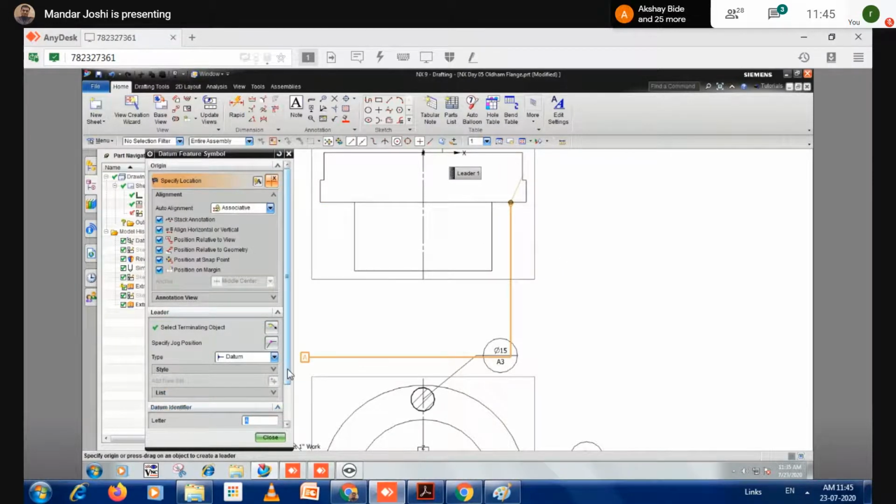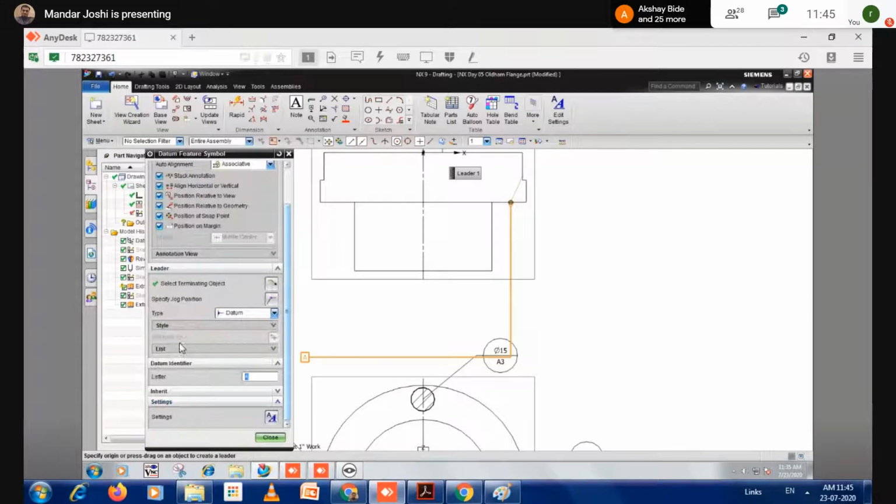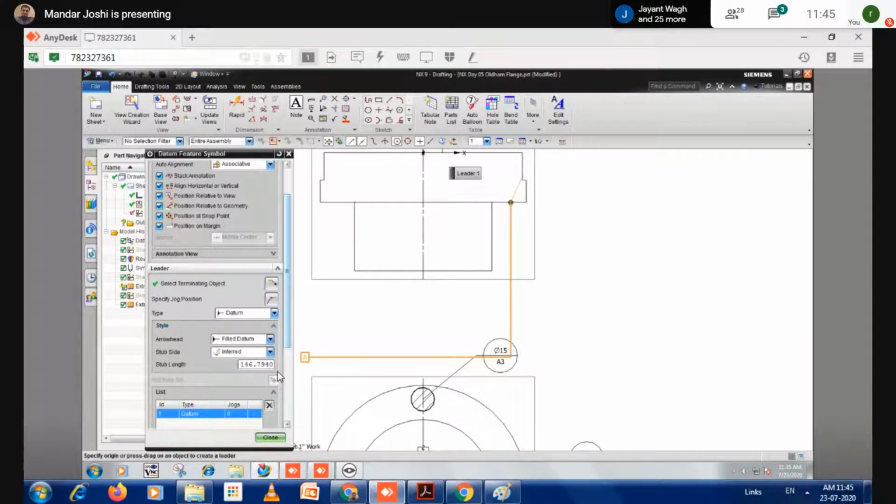Stub length. Where is that? Your style. This I'm taking. Okay.